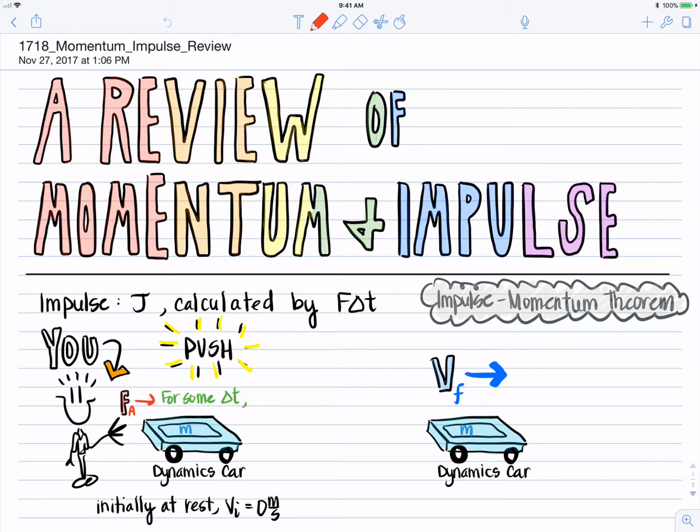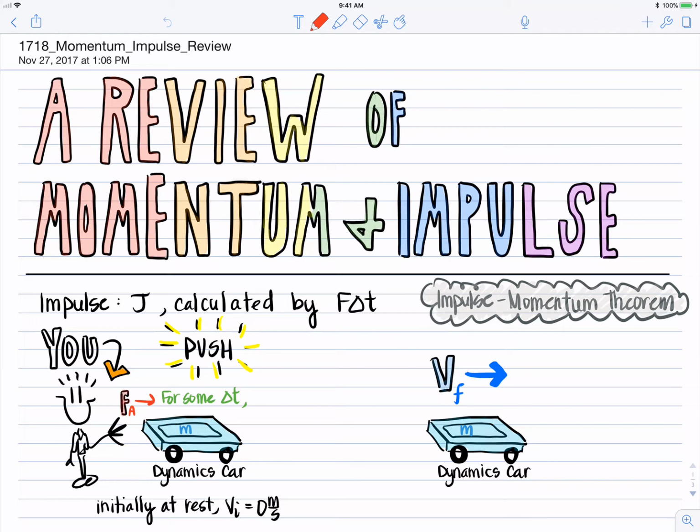So when we push on, say, a dynamics car, you are imparting an impulse to that car. You're applying a force for some amount of time delta t. Now, intuitively, you know that when you apply that force, you're going to change the velocity of the car. We also see from these calculations that the quantity of your applied force times the change in time, or the amount of time at which you apply the force, is mathematically equal to the change in the momentum of the